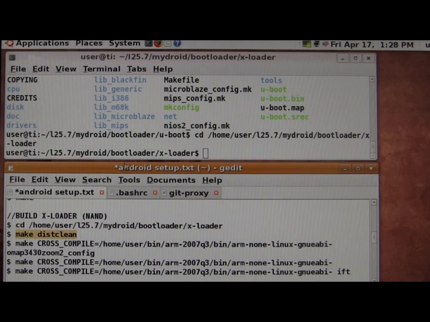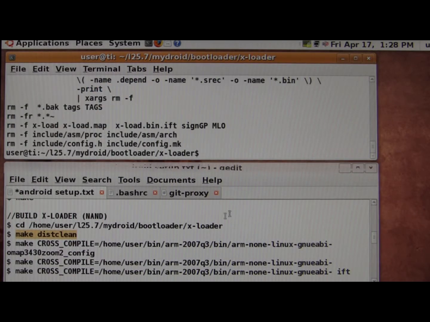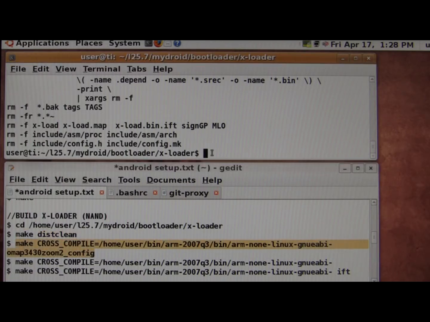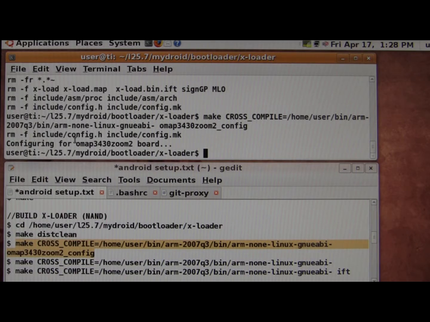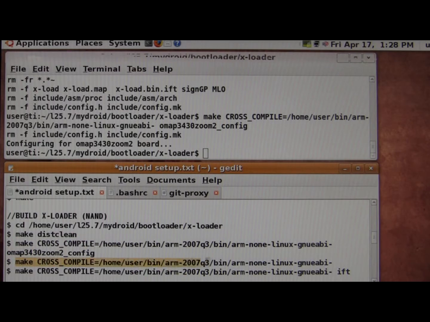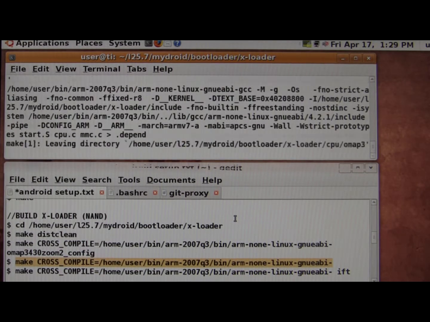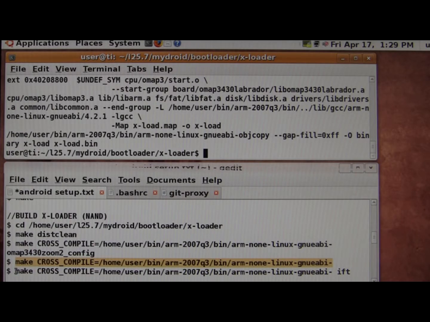We'll do a clean. We really don't need to do this, but let's go ahead and do that. And then let's do the configuration. Okay, see it configures for the OMAP Zoom2 board. And then we're going to do the make. A regular make works there, and then we're going to